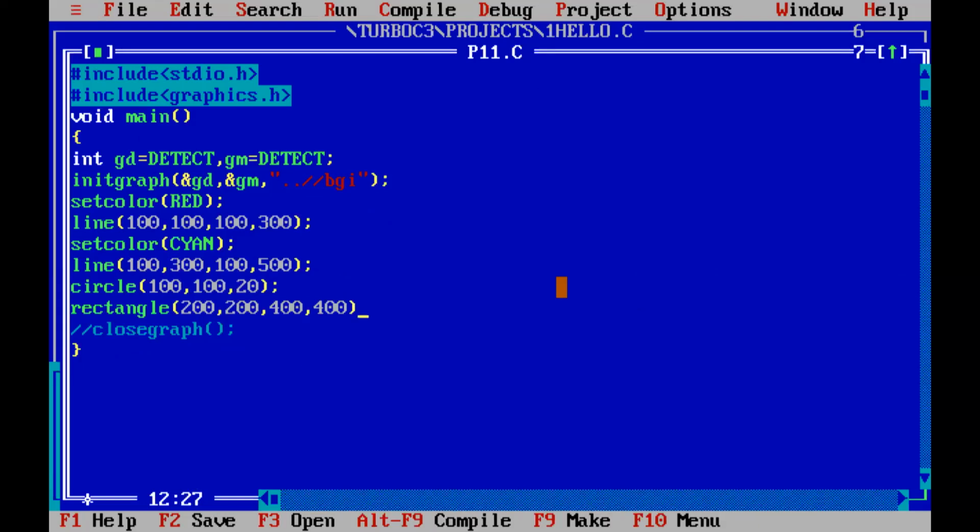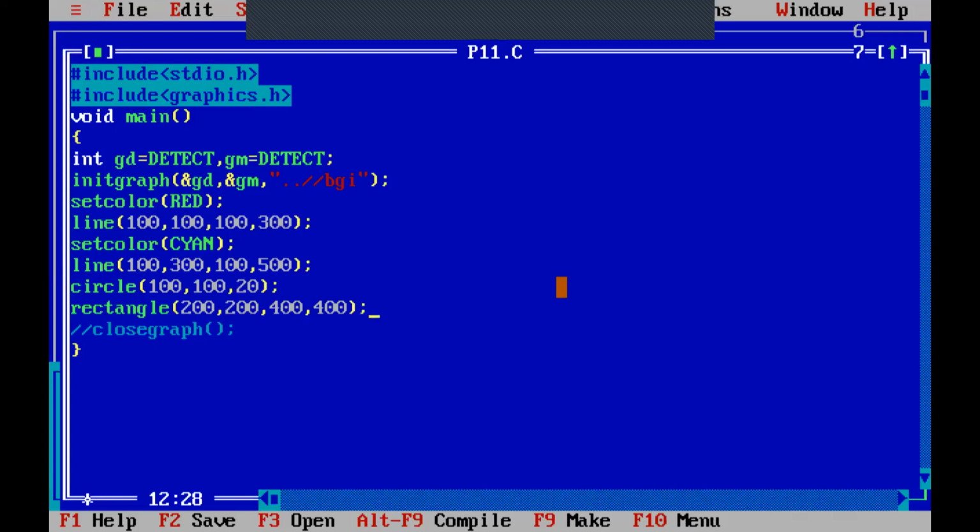So what I have done, top left point is 200 comma 200, bottom right point is 400 comma 400. So it is more like a square, I think. Okay, let us see.